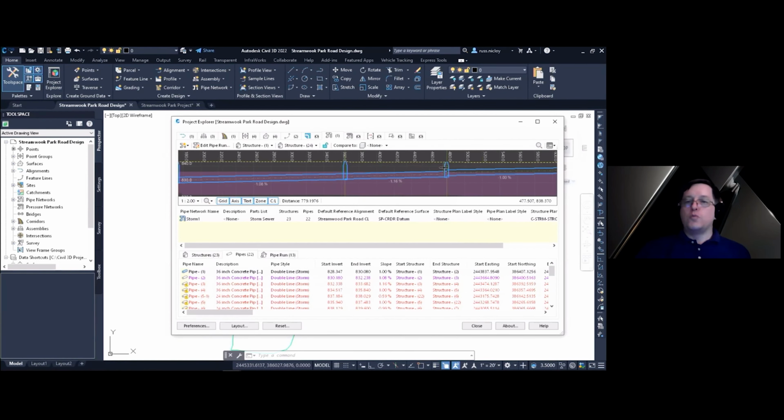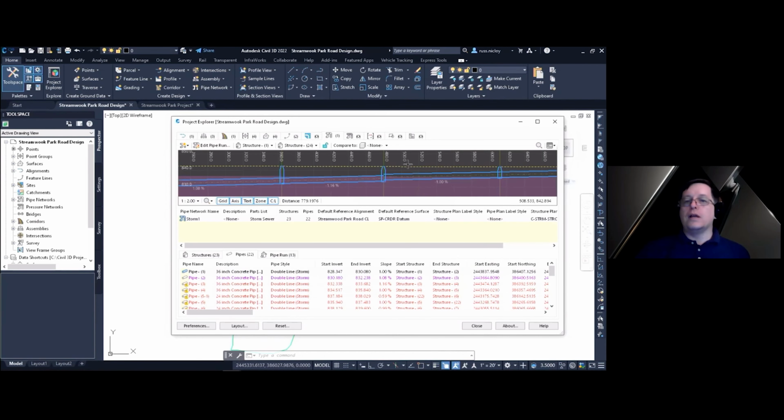Is it just one spot along the pipe, or is it a ditch at some point along here that is causing that to go a little bit deeper than I expected, or is it along the entire length? This preview, I can zoom in and out of it and use that red shaded area to confirm and provide context to that error. So now I know what I need to make adjustments to make sure that that pipe stays within the envelope of the depth that I need it to.